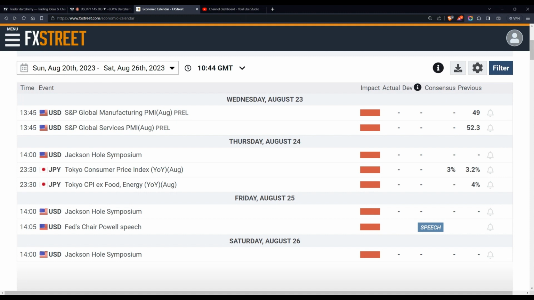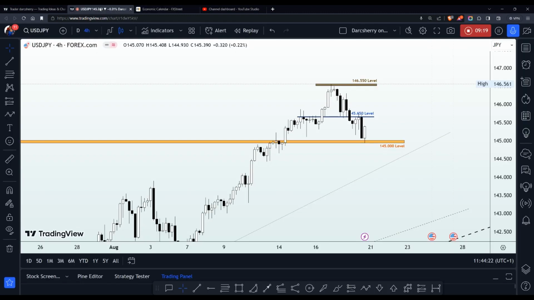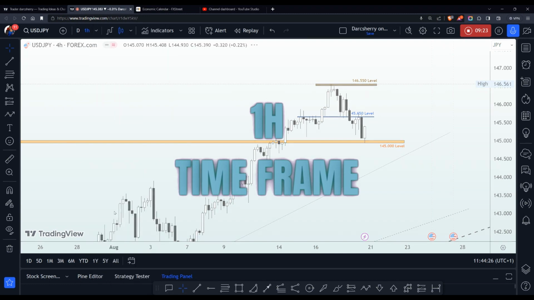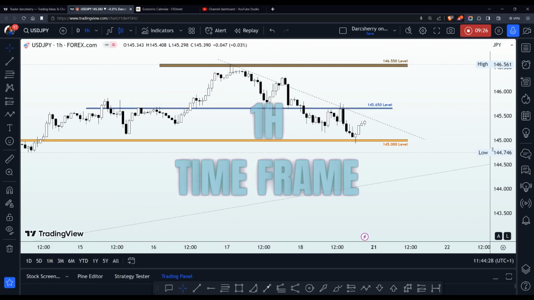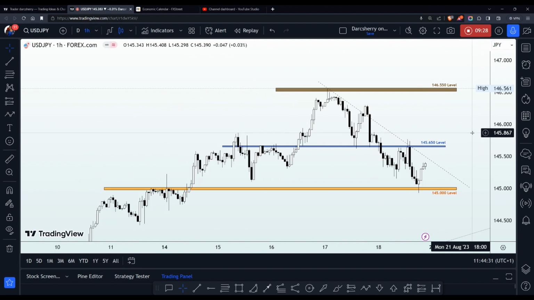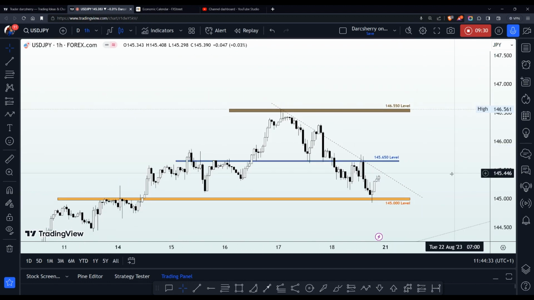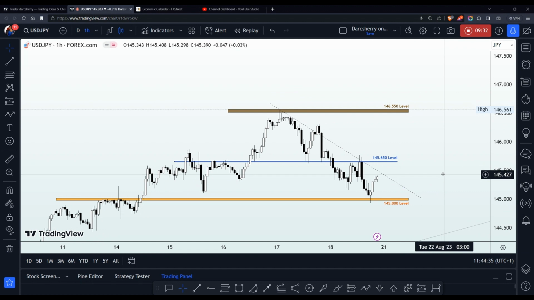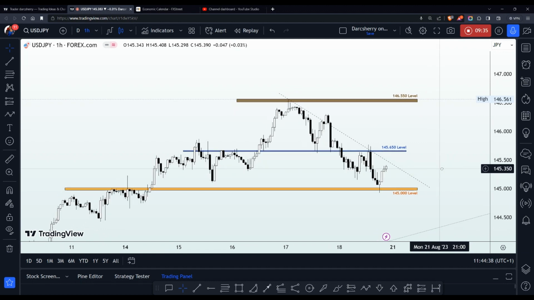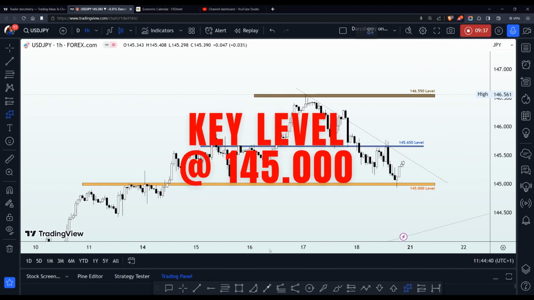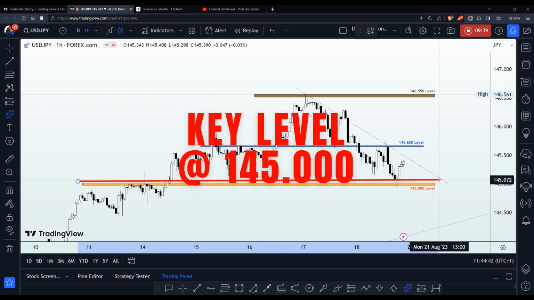And as technical traders, we want to be looking out for patterns and structures ahead of this event to help us to position ourselves ahead of these moves. Now, talking about price action here, we shall be scaling down into the 1 hour time frame where I was able to identify a simple setup that we can use to guide our trading activity, at least during the first half of the week. Now, on the 1 hour time frame, the 145.00 level still holds, as you will see,